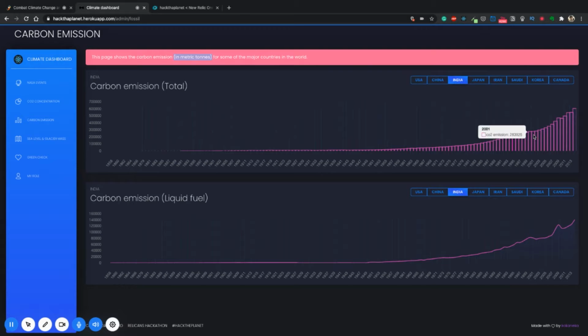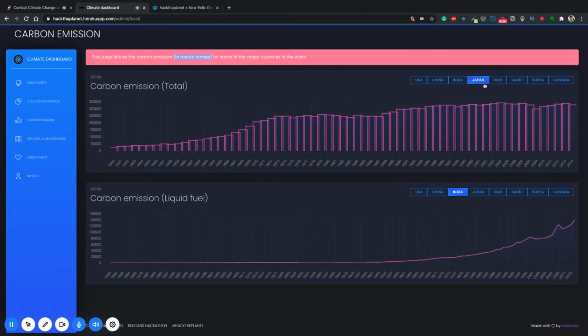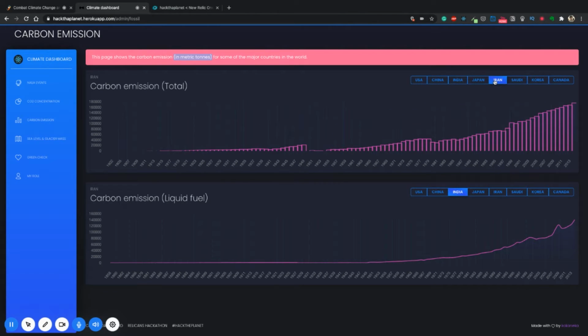This trend is consistent with most countries. On this graph we can toggle through the countries and see the data for each individual country, showing how their carbon emissions in metric tons increased gradually in the beginning and then exponentially towards the end.